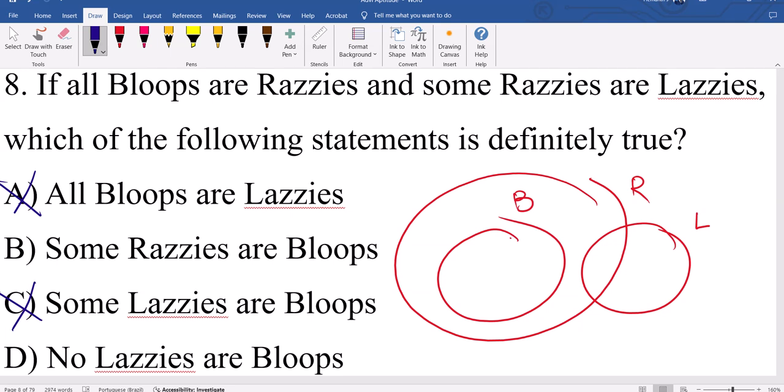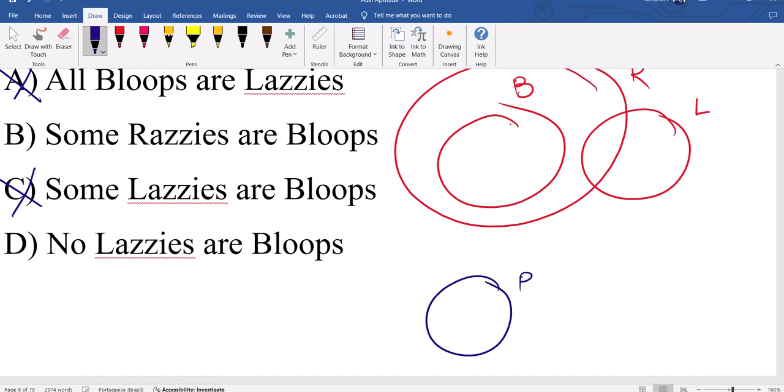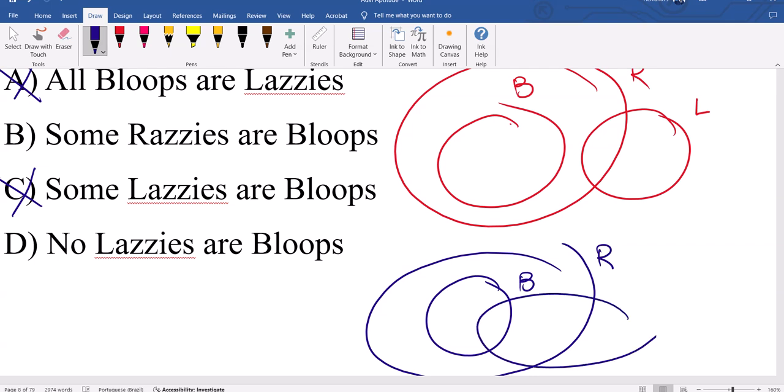As per this first diagram, I am not talking about many diagrams. Considering this diagram, B and D both are true. But if you go for one more diagram, D will be eliminated. See, all bloops are rages, some rages are lages. Now, if you go for this diagram,